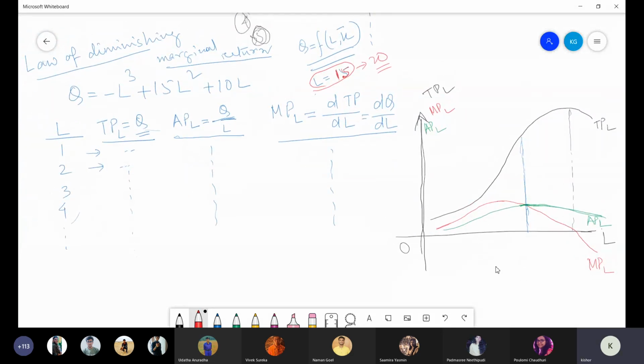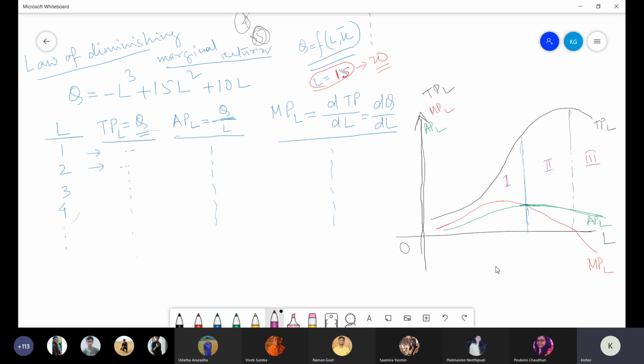Now, based on this basic discussion, depending upon the application of labor, you can divide the whole production phase into 3 different stages: stage 1, stage 2, and stage 3. These 3 stages of production, depending upon your application of labor, the variable input, have certain characteristics. Say, for example,